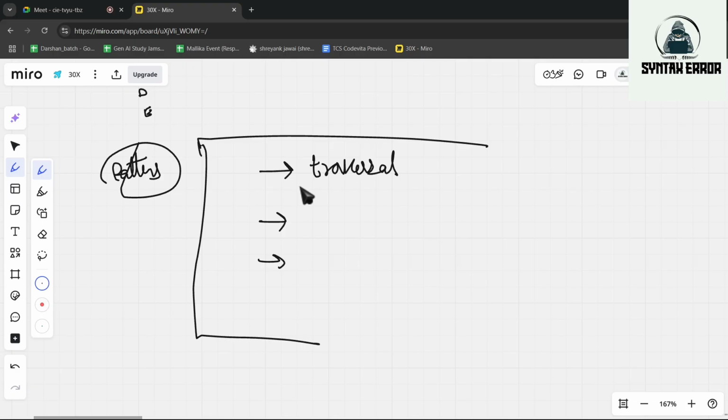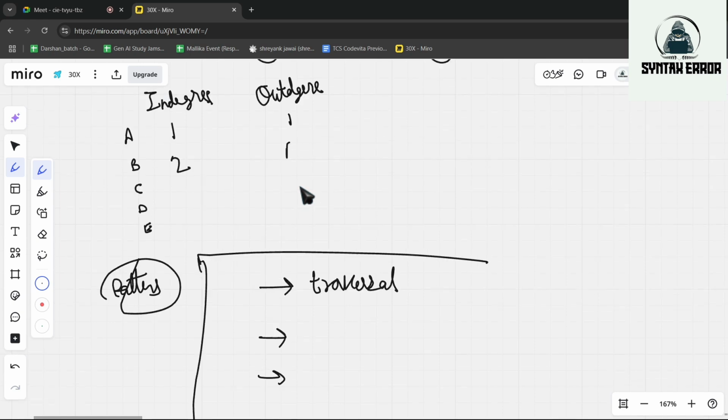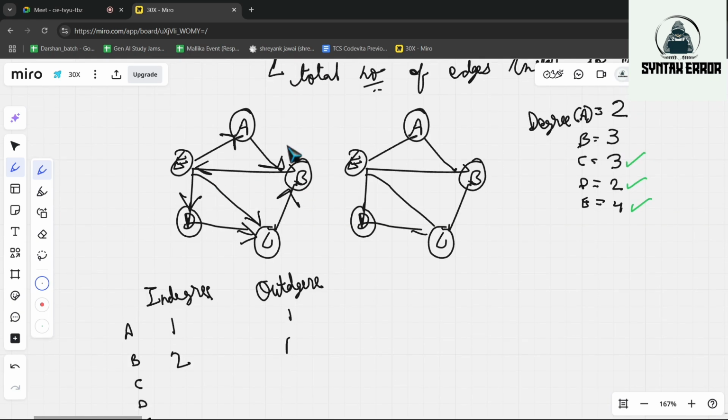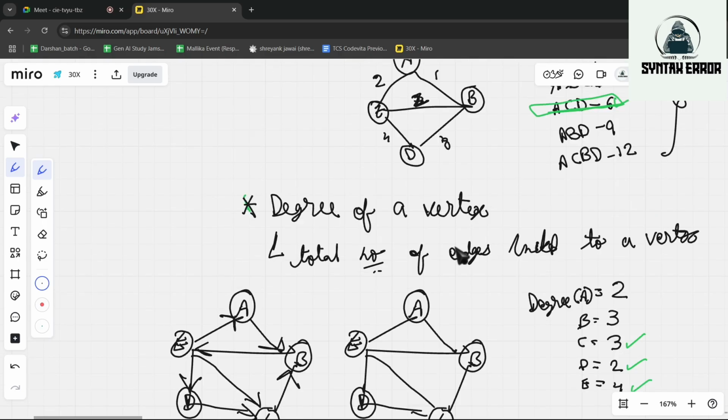Next thing is when we have to search something. They will provide us one node, and from that node we have to search where it is present. Let's take this example. They will give us this node and this node. This is a path, so A to C is a path. Now if we are traveling from A to C, what is our minimum distance?